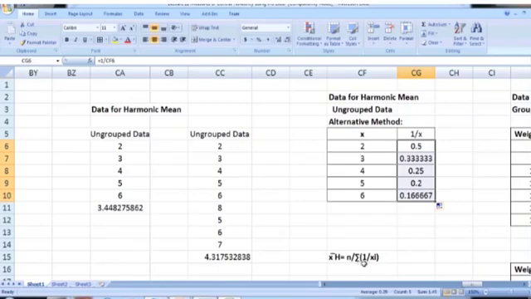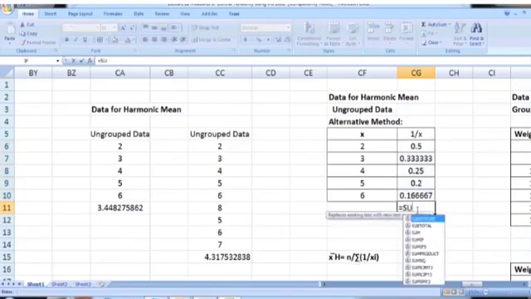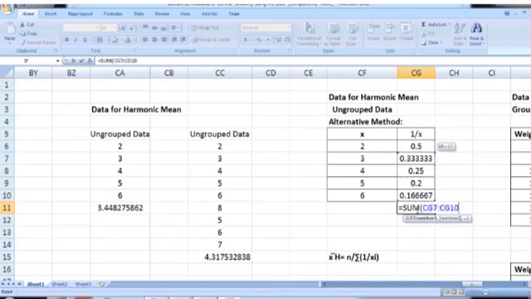Now according to this formula we need to calculate summation 1 over x. Use the sum command to calculate summation 1 over x. So this is summation 1 over x. Then n divided by summation 1 over x. n is the count of numbers, and in this case we have 5 numbers.